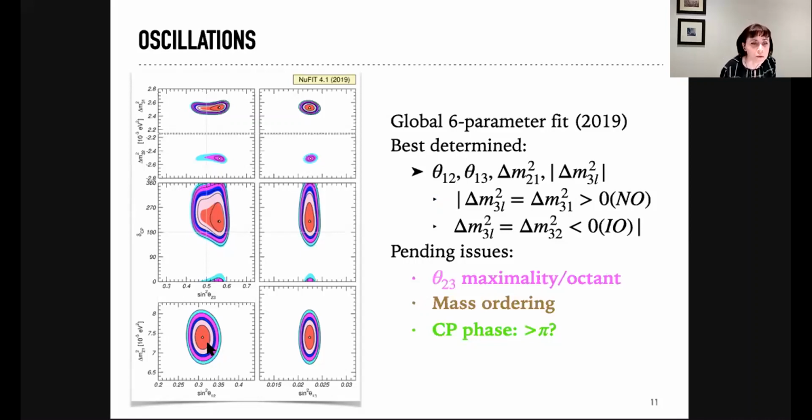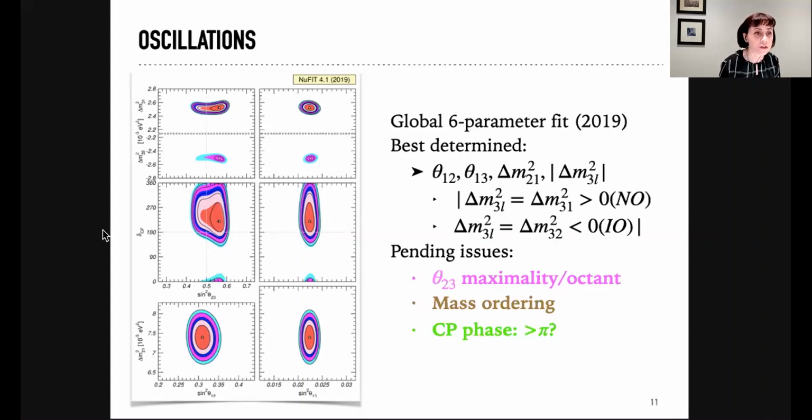And so what happens is that in this probability equation, there is always a dependence on one parameter to the other one. So we are usually looking at two, but often the fit is done with more parameters to determine those ones. And the dot that you can see there is the minimum. So for instance, here you can see this is the minimum for this angle, and this is the minimum for this other angle. But what I want to say is just that we do have these parameters, but there are still some unknown